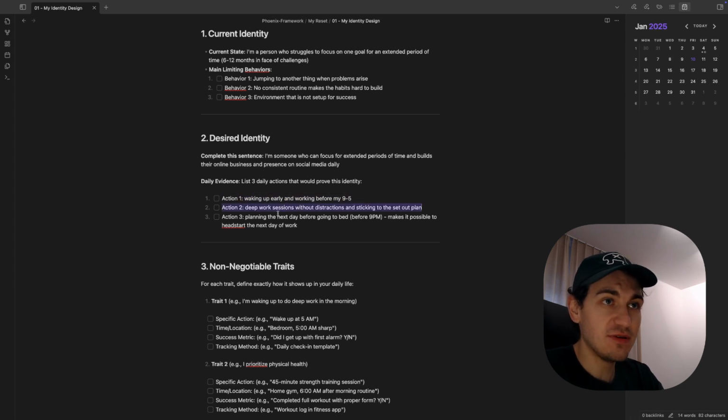Action 2, deep work sessions without distractions and sticking to the set out plan. And 3, planning the next day before going to bed, before 9 p.m., because it makes it possible to start the next day of work. I believe that if I achieve these 3 actions daily, I will be able to become this person that is described here.